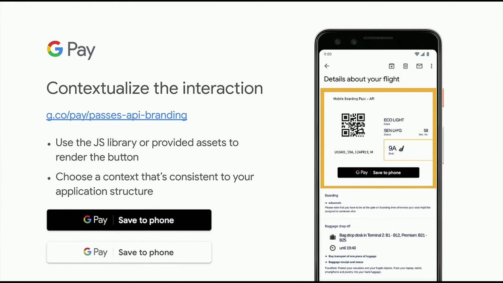The second is make sure you choose the context that it's right for your application. What we mean with that is that you want your users to know that when they click that button, they're going to digitalize the pass that you're showing on top. This can be a matter of colors, backgrounds, frames, and shapes, but also about bits of information, like you can see in this example.